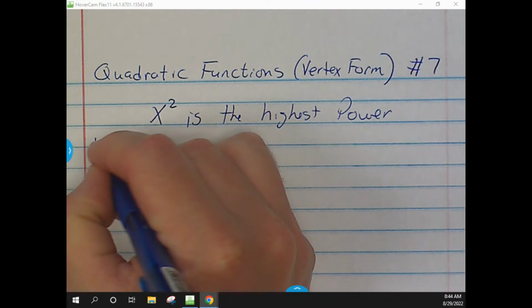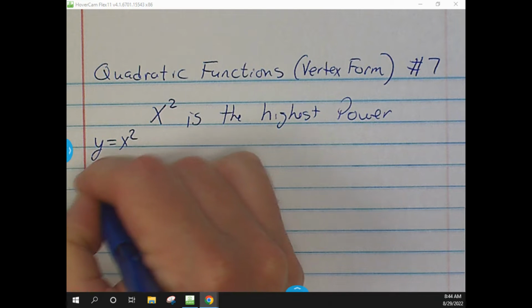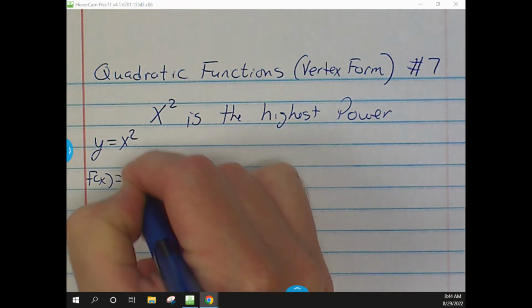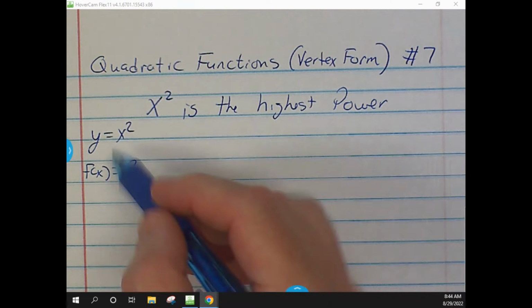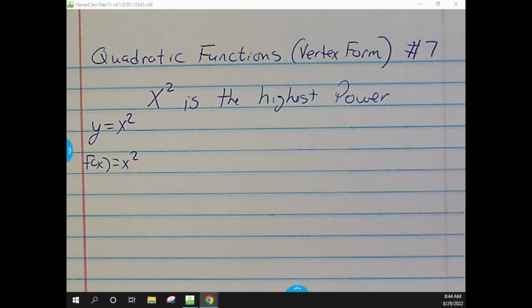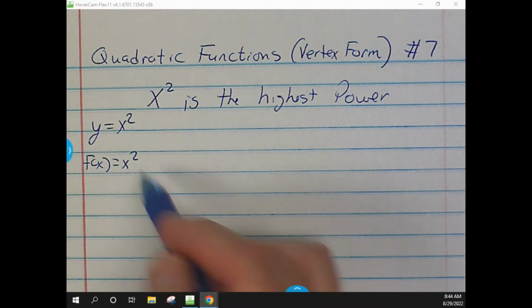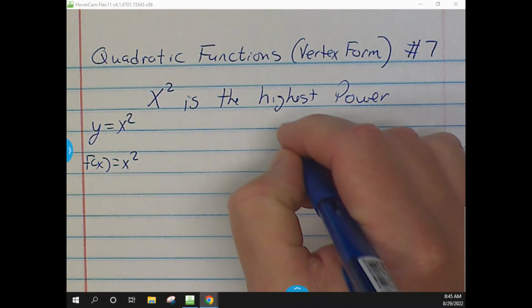And sometimes they'll give it to you where you have y equals x squared with an equation. But remember, that's the same thing as f of x equals x squared. So if we're graphing these, they can write it either way. It's still the same thing. So don't get lost in that notation part of it. Technically, we should be doing functions, but sometimes they'll sneak in an equation, but it's still the exact same thing. All right, when we graph these,